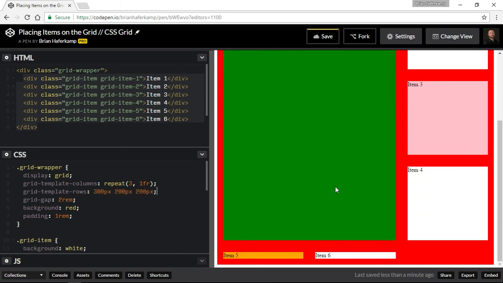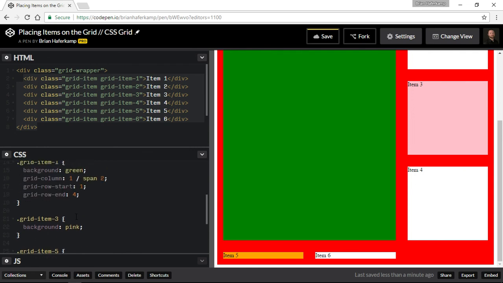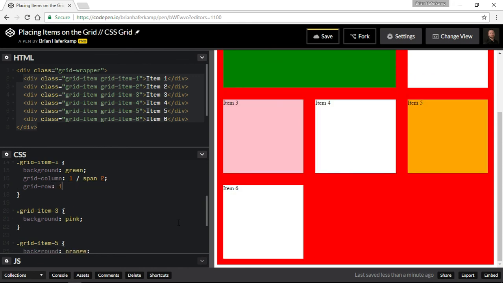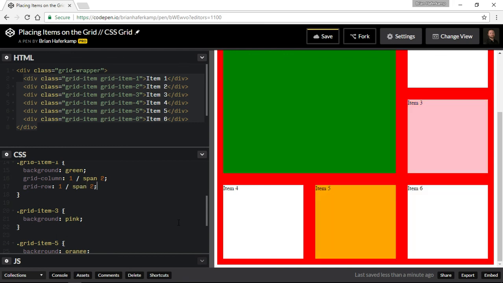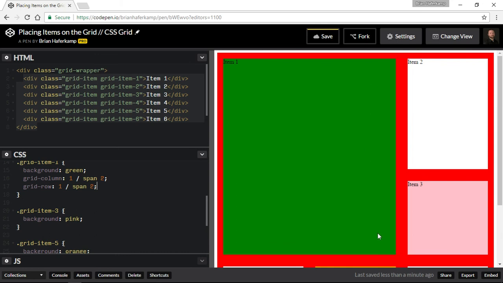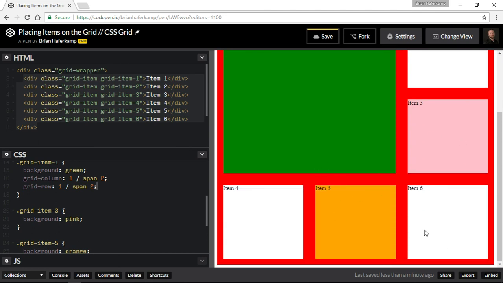Alright, so let's just leave it like that. And then I think you could get rid of that if we use the 1/-1, and we'll try that. So I like the shorthand of just saying grid row. We'll start at 1, and again you can use things like span 2, and then it spans across 2 columns, 2 rows, you can see here, and then everything just kind of auto fills in behind it. You could do span all,